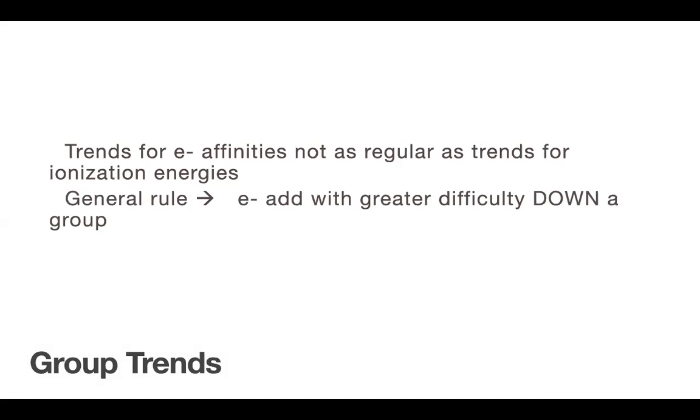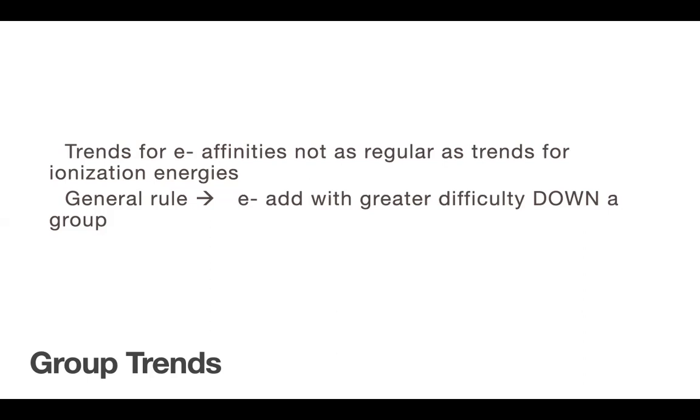But the general rule for the group trend is that electrons are added with a greater difficulty as you go down a group. And exactly for the reason I just talked about. The energy level that you're adding the electron to is further away from the nucleus. So you've got 2 problems as you get farther away from the nucleus. One, you have a lot more electrons, so there's a lot more negative charge hovering around, and negative charges repel each other. And you have what's called electron shielding, meaning you've got more levels of inner shell electrons that are